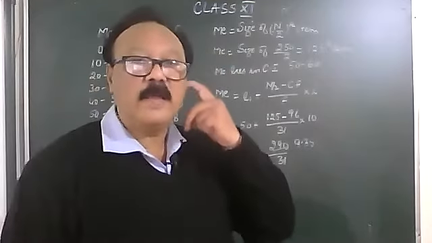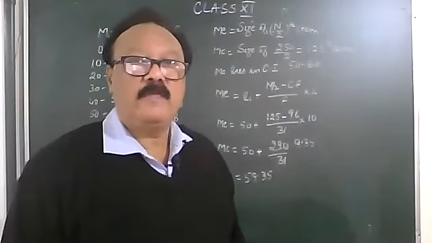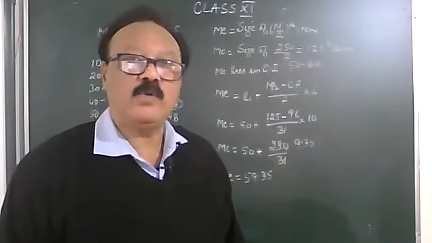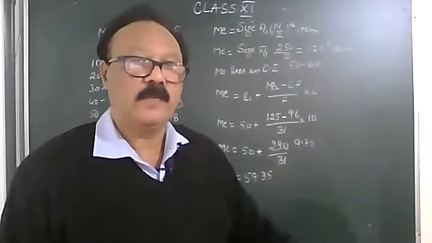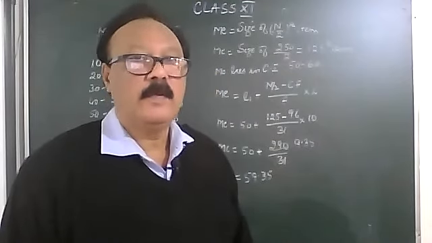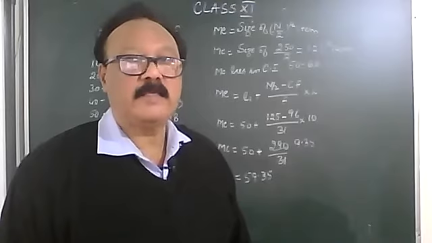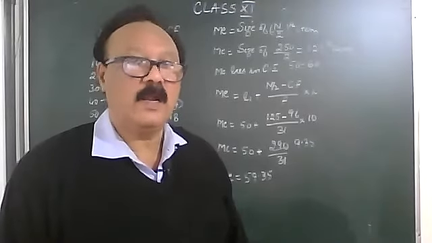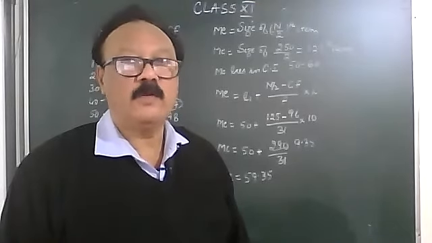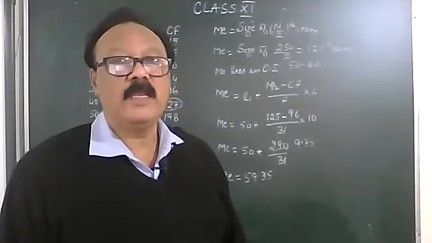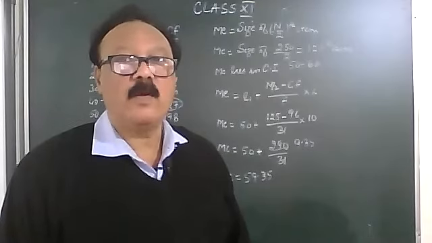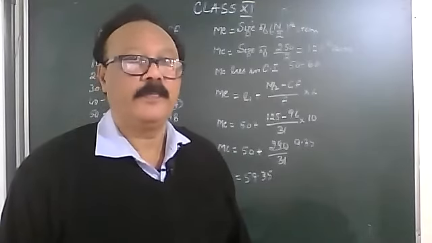Children, you can also work to one place of decimal, 9.3 is also exact. If you are running out of time, there is no problem. But if you have the time, you can work up to a maximum of 2 places of decimal and then leave it. No need to go on and on. One place of decimal is acceptable, 2 places of decimal allowed. More than that, please do not waste your time, because in any case, the answers in statistics are always an approximation.